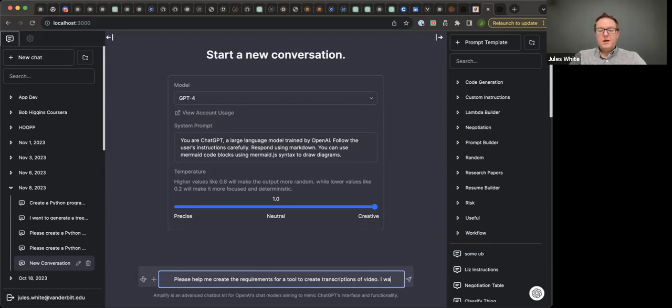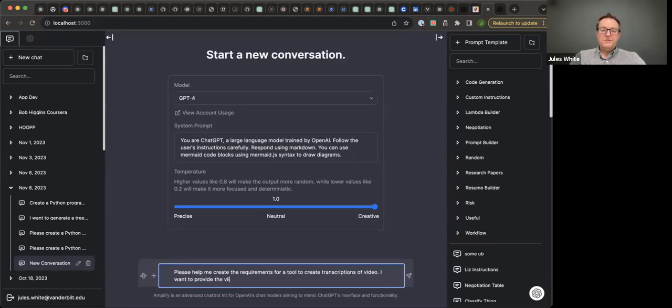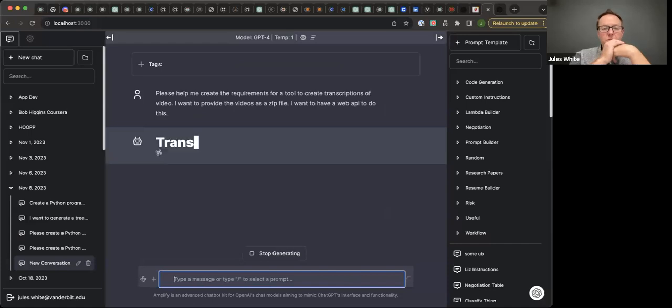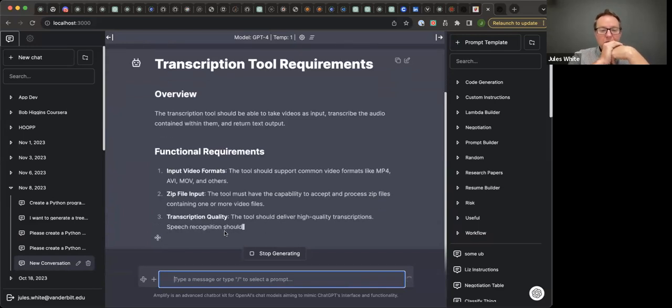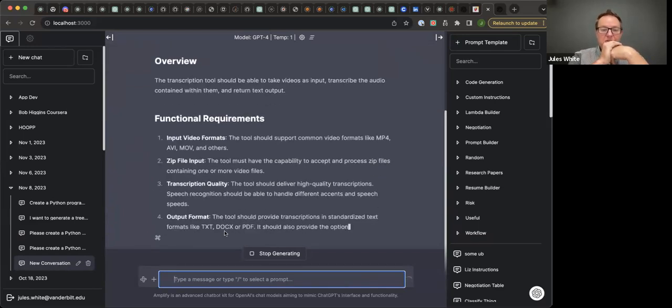I want to provide the videos as a zip file. I want to have a web API to do this. So it'll go and start writing a lot of requirements, and this can be really helpful for thinking through